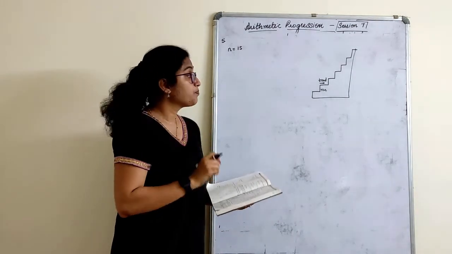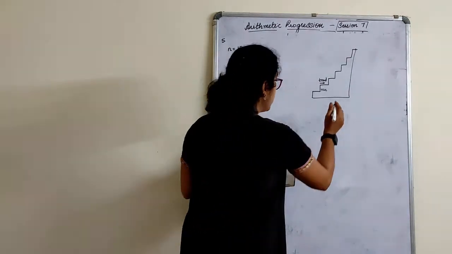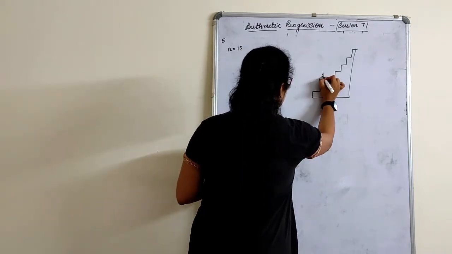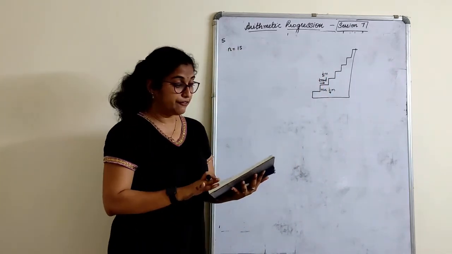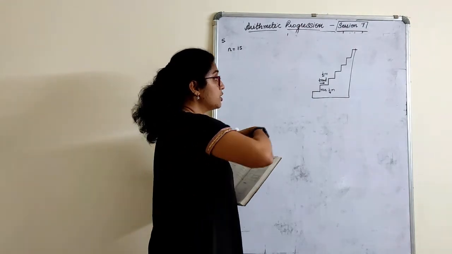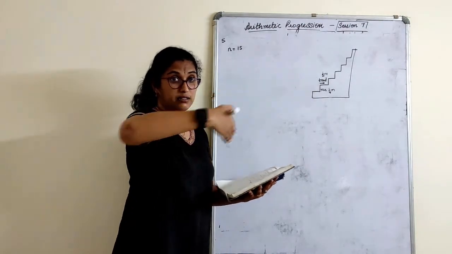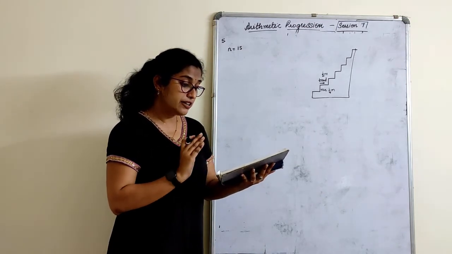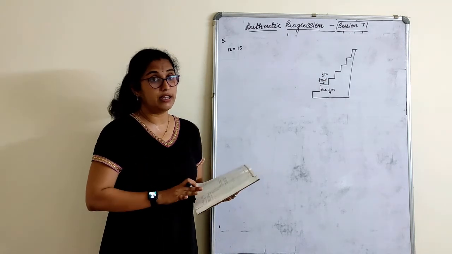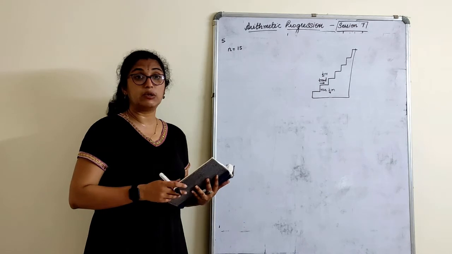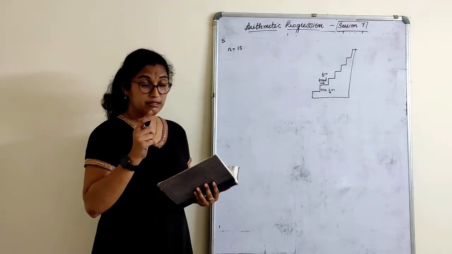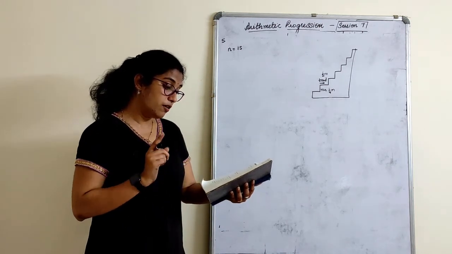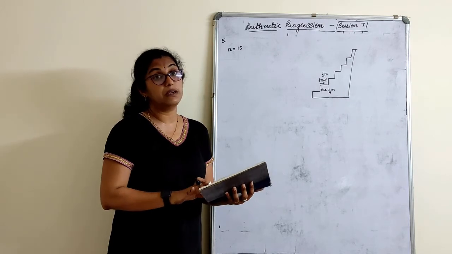So that is tread. What they are saying here is, the rise is 1 by 4 meter and the tread is 1 by 2 meter. This is what is given in the figure. And the width they have given here, each step is 50 meter long, built of solid concrete. That means first of all we need to find the volume of the concrete, how much it is. That is very important here. And what have they asked us to find? Calculate the total volume of the concrete required to build the terrace.